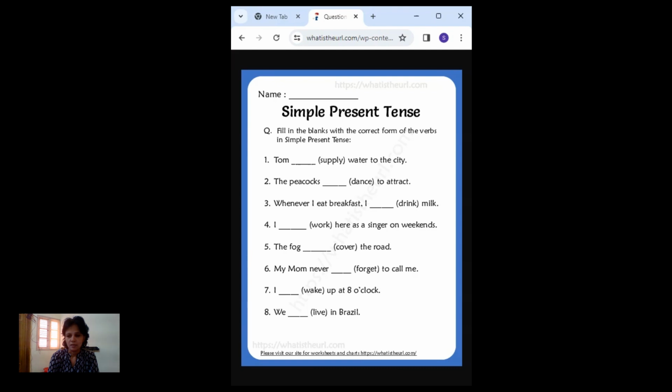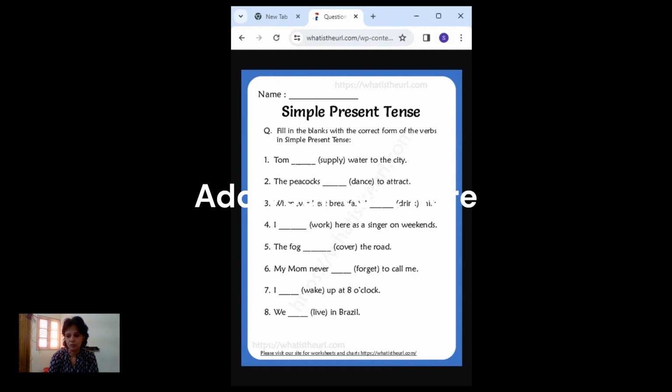The activities we usually do, the habits in our day-to-day life, from when we wake up till we go to bed, the things we experience in our daily routine. That is where we use simple present tense,